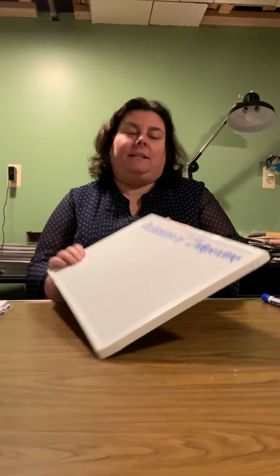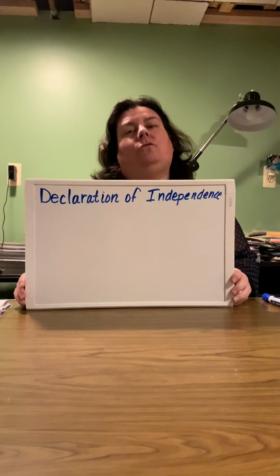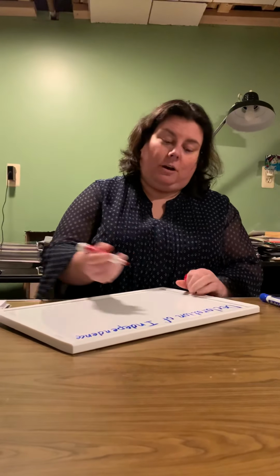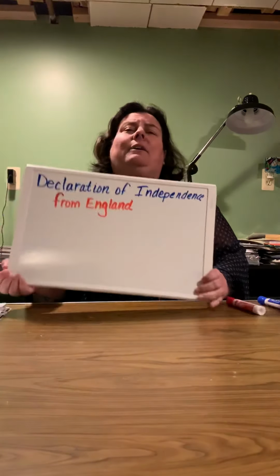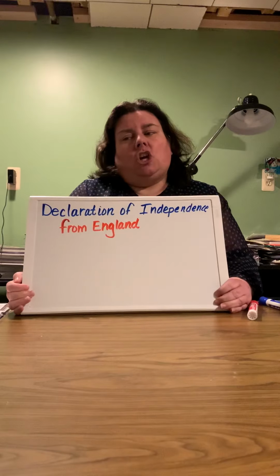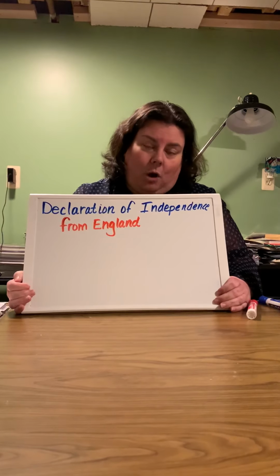And we discussed the British, and there was a king, and why we didn't want a monarch anymore. And what we did was we declared our independence from England. By declaring our independence, we said we didn't like that type of government anymore. We wanted to have a different type of government. We didn't know yet what type of government we wanted, but we knew we didn't want a king. We knew a king was not going to work. So we fought in the Revolutionary War and we won.